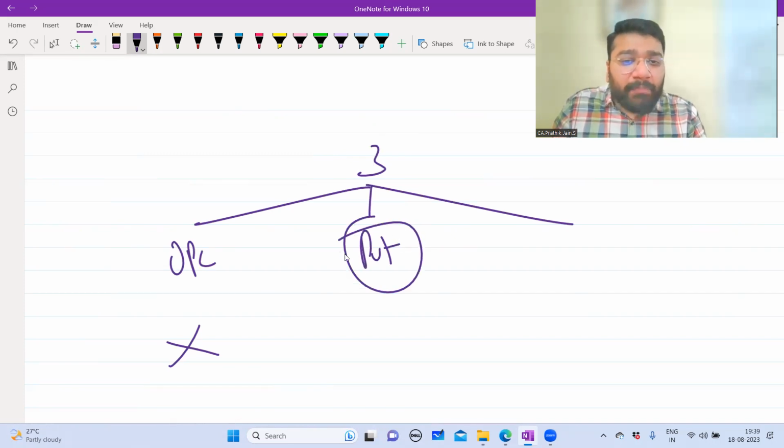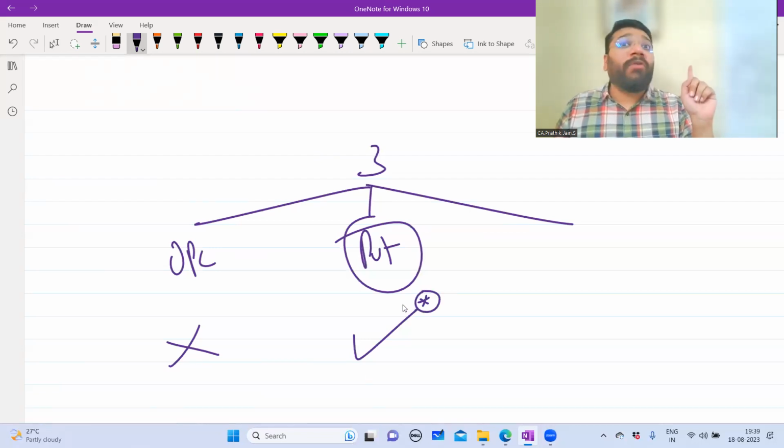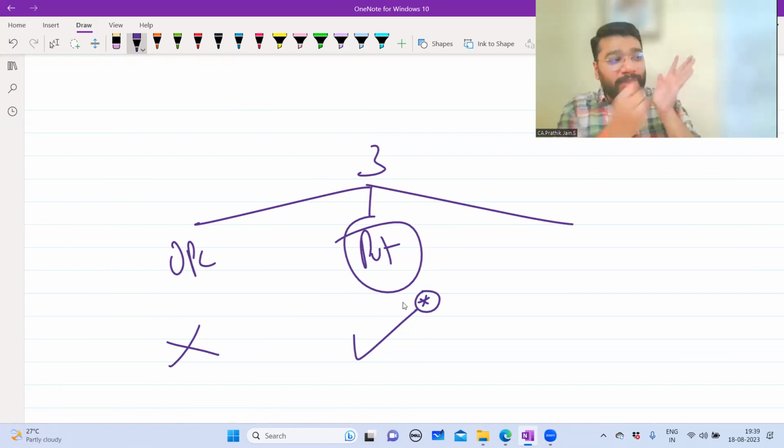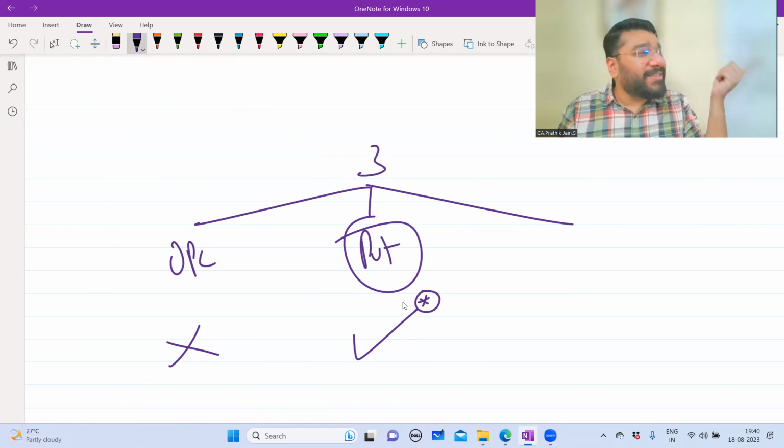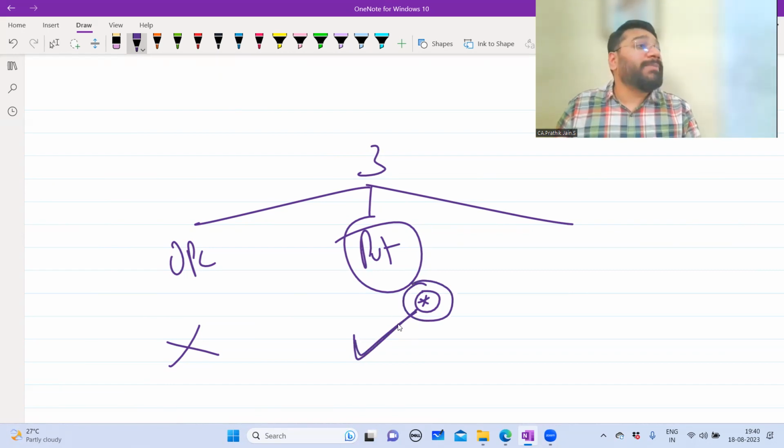Second is private limited company. In private limited company, you can transfer, but you have a star mark. You know, there's an offer in Lifestyle, 10,000 rupees offer. They'll put a star mark. Star mark means what? Terms and conditions applied. So here the transferability is possible, but subject to terms and conditions.